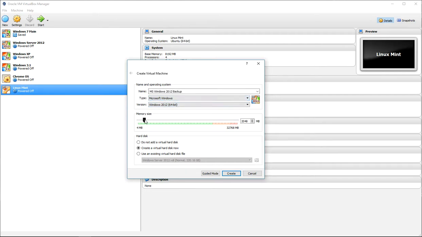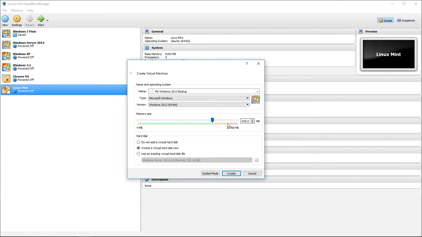And I'm going to give it my memory size. You can't go over half of your memory for your computer. So if you've got 8 gig of memory, you're only going to be able to give it 4 gig of memory. So RAM does matter with the VirtualBox, and I've got 32 gig on mine, so I'm going to go and give it 16 gig of RAM. And on this one, it will only let me go up to 24 gig. So it's going to reserve for my Windows 10. It's going to reserve enough RAM for it to operate.